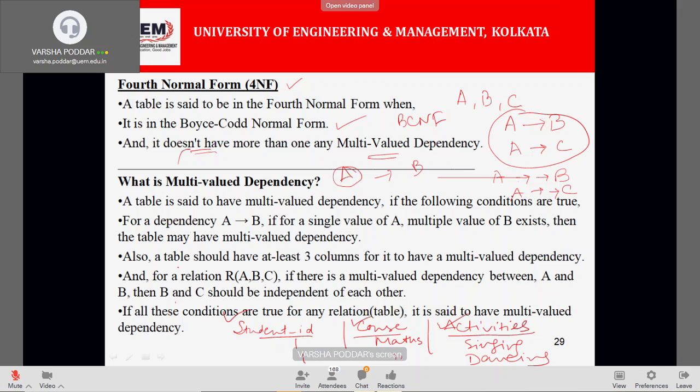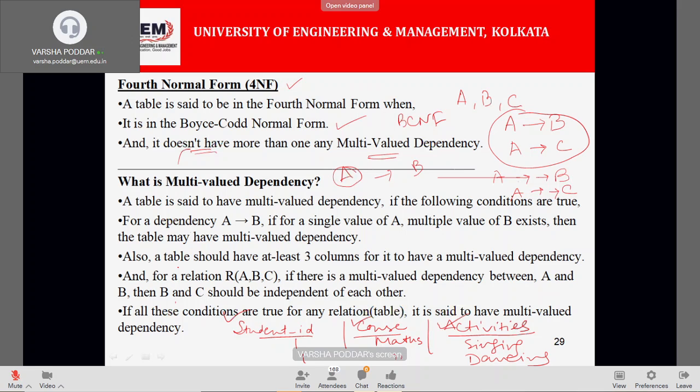Another example of multi-valued dependency: suppose the model of a car is one column, the second column is the manufacturing year, and the third column is, say, the color or the capacity, anything. By the car model only, I can find the manufacturing year as well as the color.